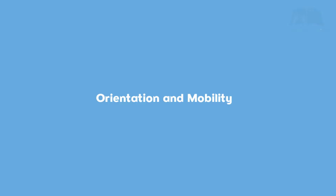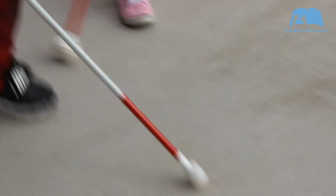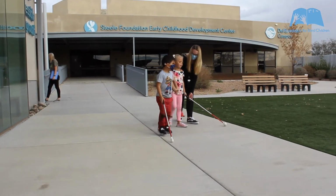But we also have something called orientation and mobility at FBC. That is a service that is specifically for students who have visual impairments. So orientation and mobility will help the students learn where their body is in space. So their orientation, is it in front of, on top of, behind? It'll also help them learn how to travel routes, how to move to the east, to the west, and have certain strategies to learn where they are in the community or on a school campus or in any specific environment. So they focus on purposeful movement, and they may or may not use different assistive